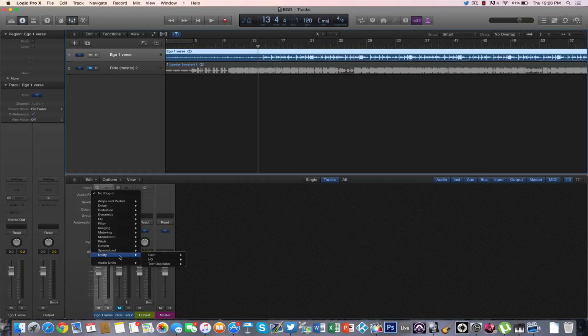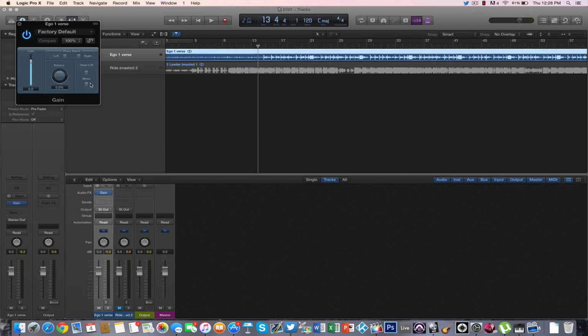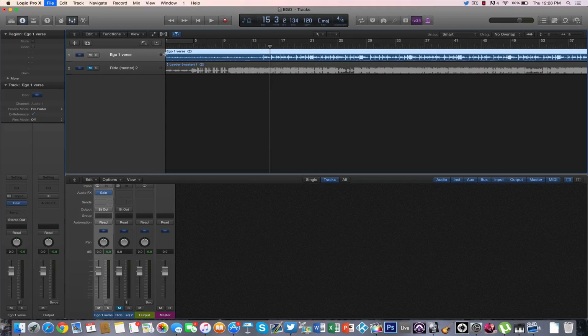So basically, the first step I do is give myself some headroom. You go to Utility, Gain, Stereo, and I drop it down maybe around 6 to 8 dBs. I'll do 8.5. You can see I'm at negative 9 point, basically negative 10 dBs. So that's a good amount of headroom. And next thing I do is I add in my